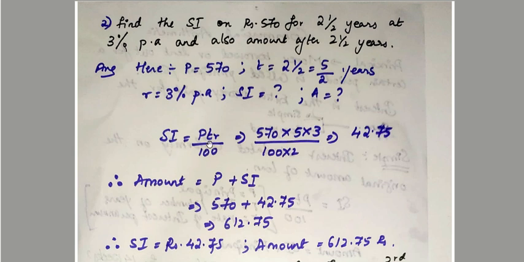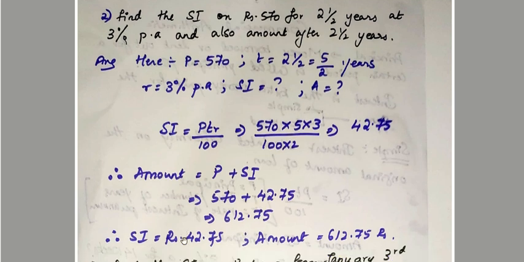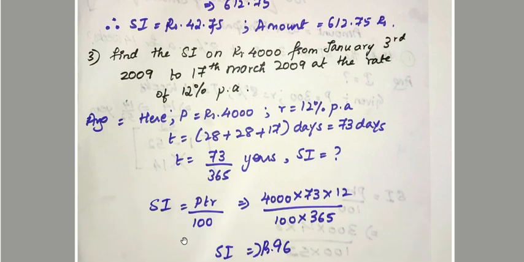Simple interest is equal to PTR by 100. 570 into 5 into 3, divided by 100 into 2, is 42.75. Therefore, the amount is equal to principal plus simple interest. Principal is how much? 570. And your interest amount is 42.75. Therefore, the amount which is repayable is 612.75 after 2.5 years. So moving on to our third question, which is